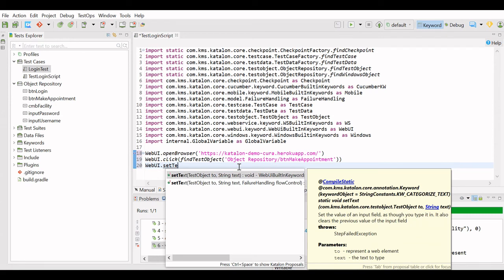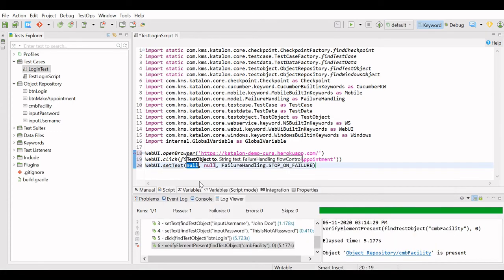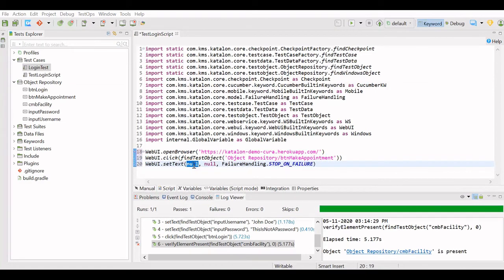One is with the test object and the string text, and the other one is with the test object, string text, and the failure handling control. Just to show you, I will take this object with failure control. Okay, setText. So I will input the username. This time I will manually enter the details as find test